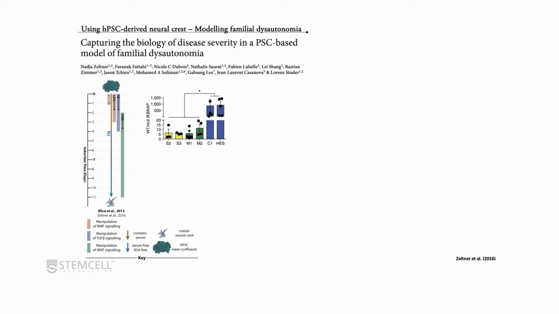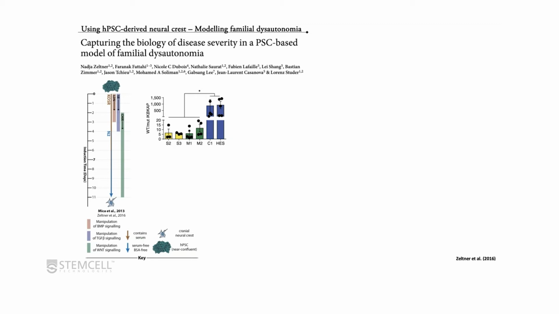So the first case study that I'd like to show you is a disease model for familial dysautonomia that was published in 2016 by Nadia Zeltner and Laurent Studer. This disease affects the functioning of the peripheral nervous system, and results in a depletion of both sensory and autonomic neurons, as can be observed in the dorsal root ganglia of patients post-mortem. In virtually all cases, this disease is caused by a homozygous point mutation in the IKBKAP gene